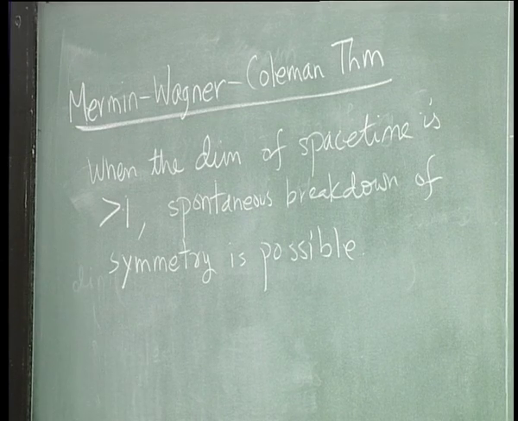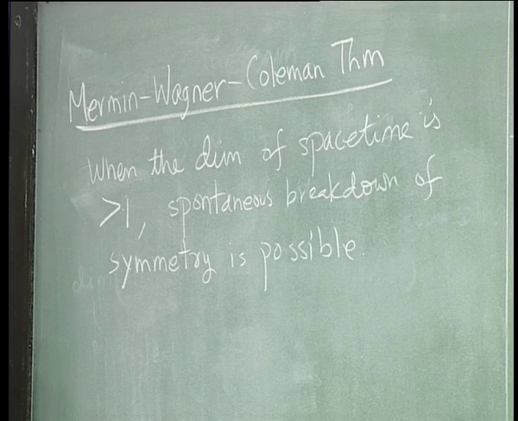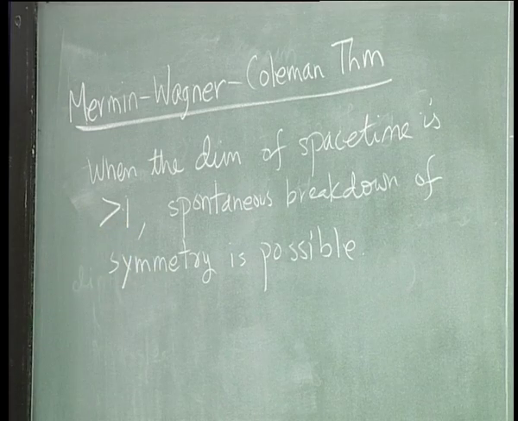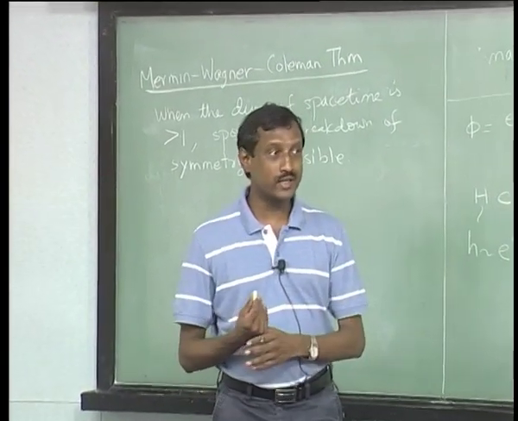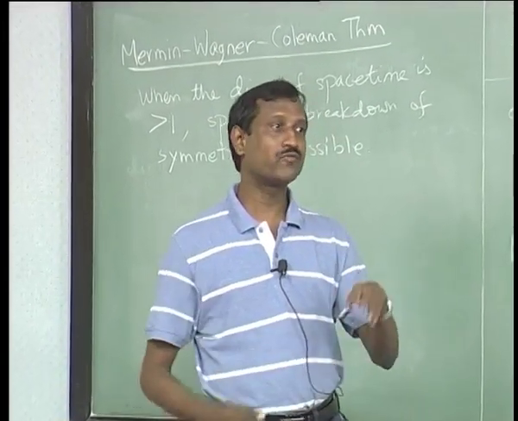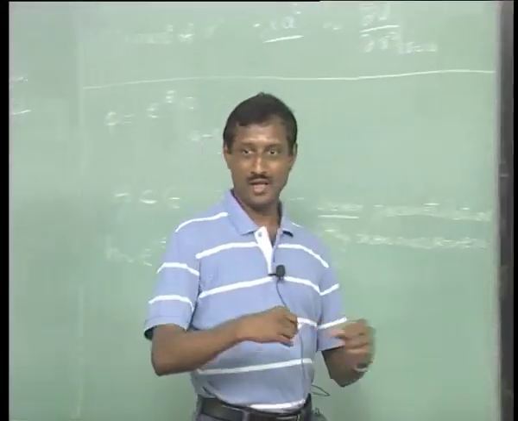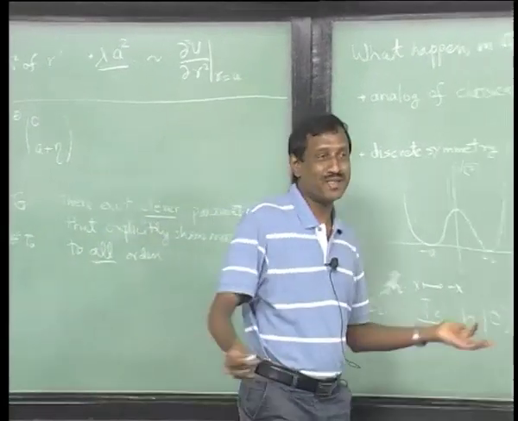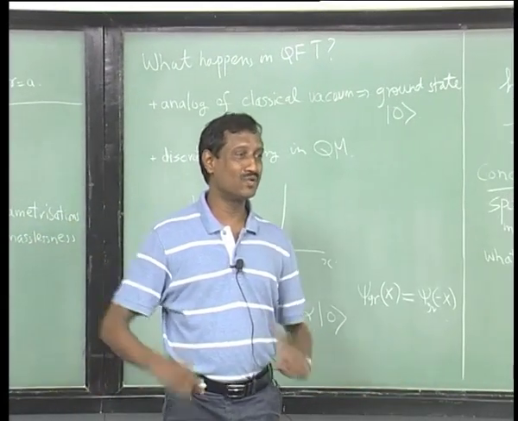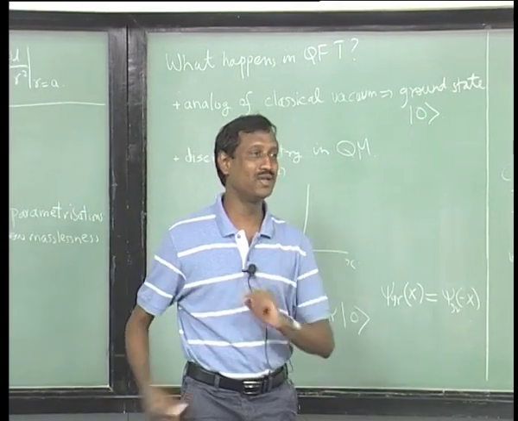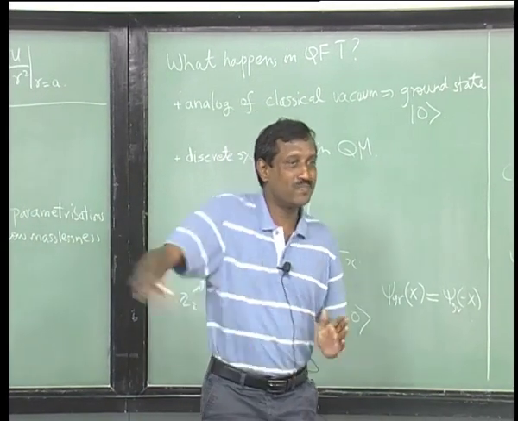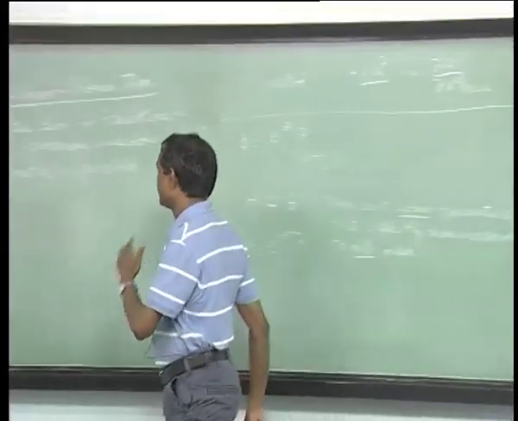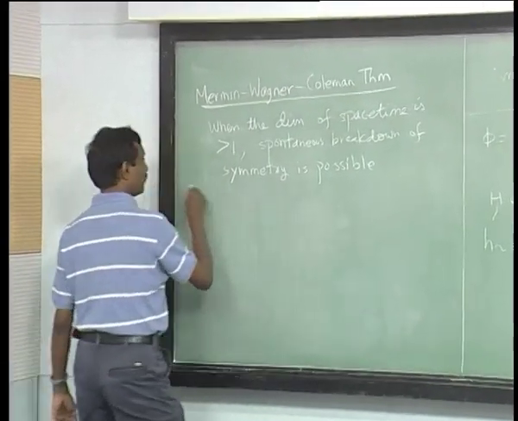So, just one example in the context of stat mech systems. The analog of space time dimension becoming greater is, for instance, the 2 dimensional Ising model. Those of you who know, the critical temperature is at a finite value, but for the one dimensional Ising chain, the critical temperature is 0, which basically tells you that there is no phase where symmetry is broken. You can go up to 0, okay. So, this is for discrete symmetries,